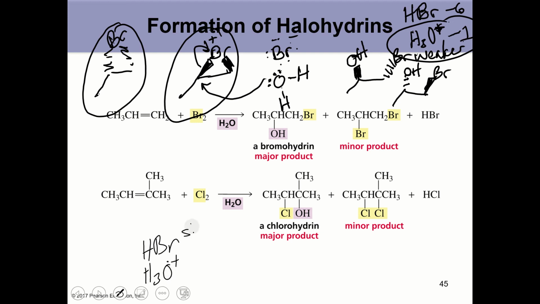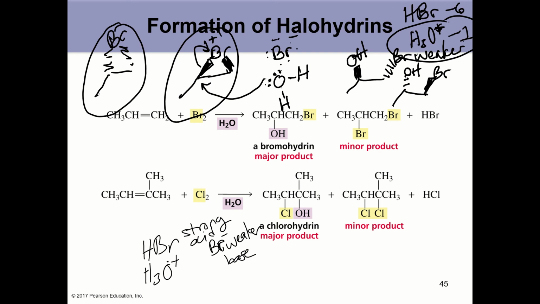HBr is the stronger acid. Therefore, Br- is the weaker base. Because we now have a stronger base than bromide, water will act as our nucleophile instead of the bromide ion